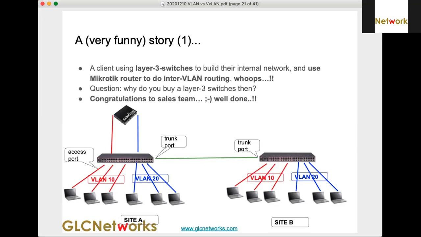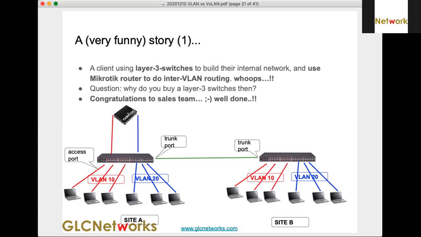They were approaching the person there, trying to convince them as hard as possible to buy a layer 3 switch. But during the implementation, they are doing the inter-VLAN routing in MikroTik routers. So it's very funny.